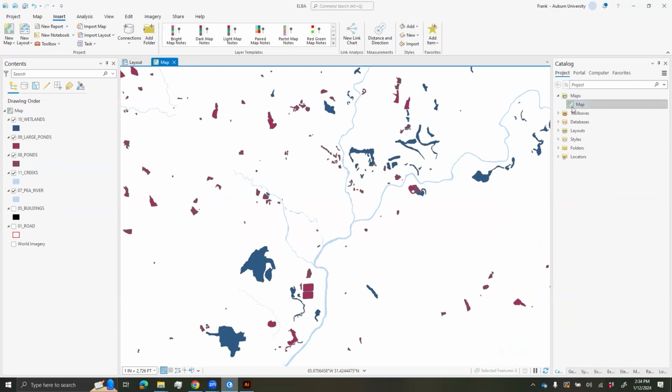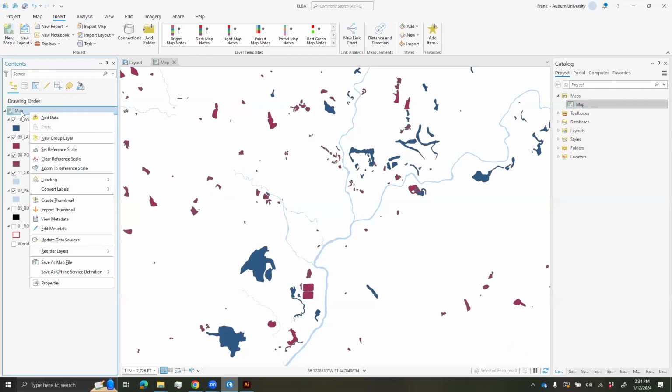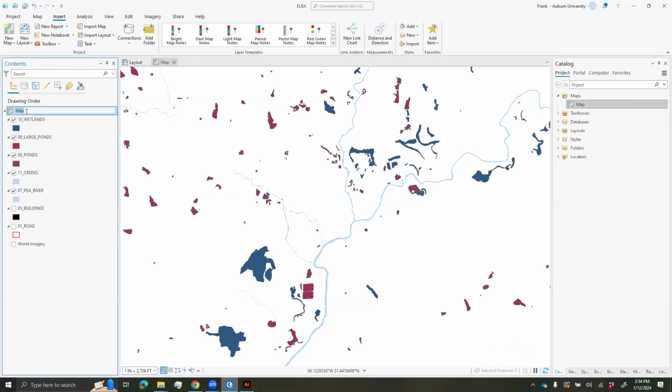You can actually give the map a name too. So right now it's just called map. Just click on the name and yeah, you should be able to rename it. So if you call it Elba, you see that in the catalog, that name changes to Elba as well. So again, just a reminder,